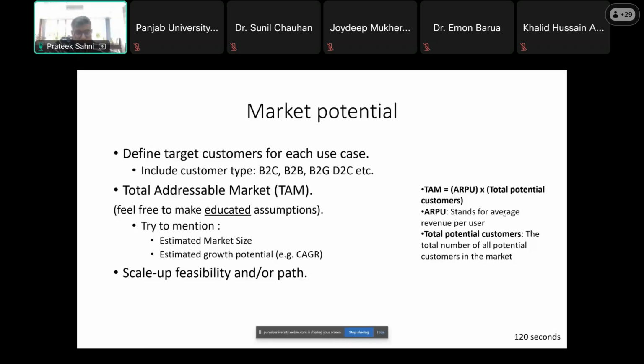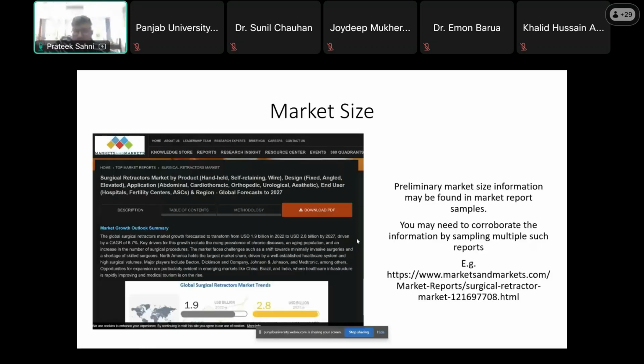Scale up feasibility or path may apply to everyone. It is to give a business licensee an idea on how to possibly navigate the future you are providing. An example for market size, preliminary information can be found in market report samples that are available online. If you Google your particular segment, here a surgical retractors market report that has been generated by a marketing company, specifically here markets,